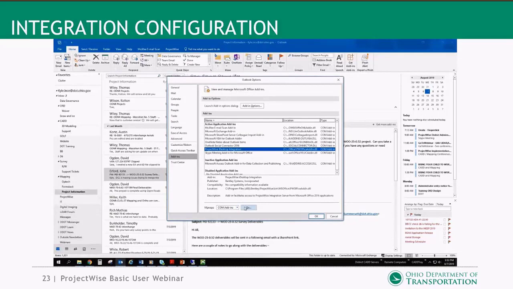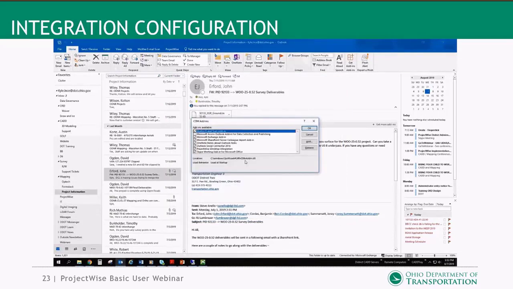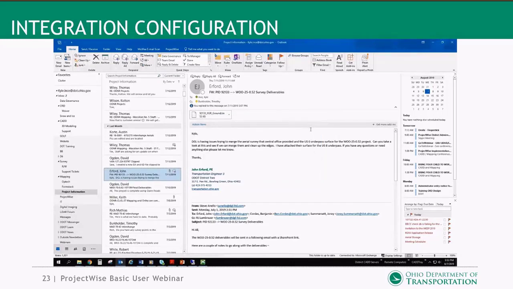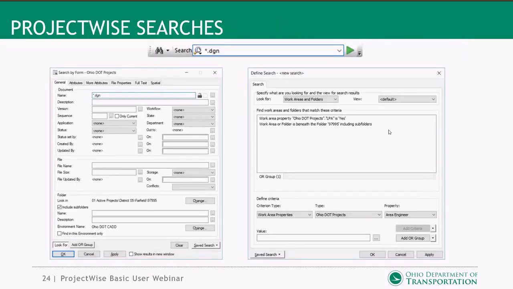So if you have ProjectWise installed and you don't see that ProjectWise tab, you don't have that integration; the COM add-in is probably turned off, and we can walk you through turning that on and troubleshooting that a little bit if you need that functionality and you already have ProjectWise installed. So I'm going to turn it over to Brandon again, and he's going to talk a little bit about searches